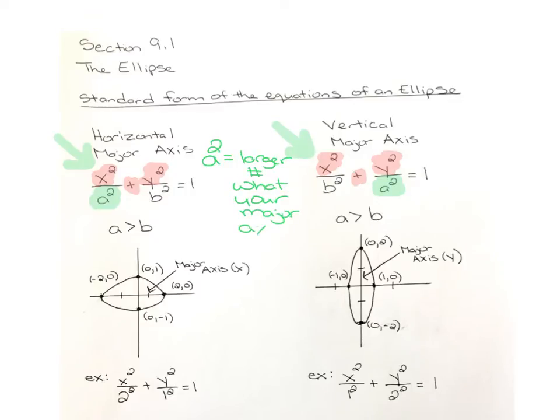If a squared is underneath the x, then the x is going to be your major axis. If a squared is underneath your y, then y is going to be your major axis, making it vertical. X squared is always first, y squared is always second in the numerator. That does not change. Looking at the left-hand side, the one I put a red star by,